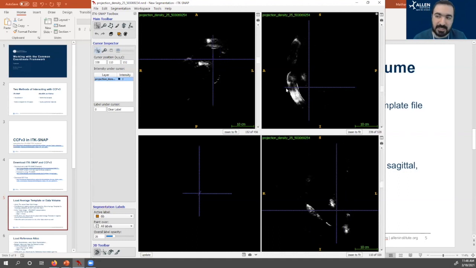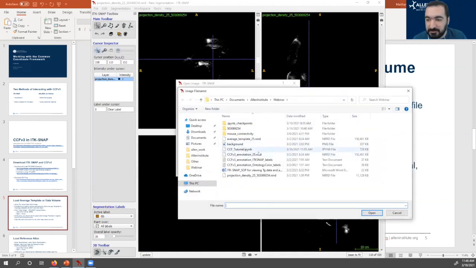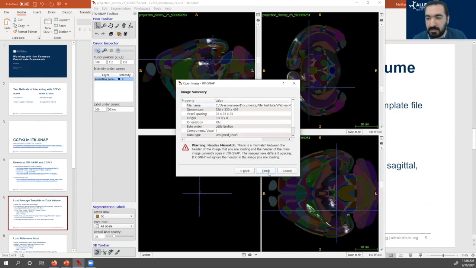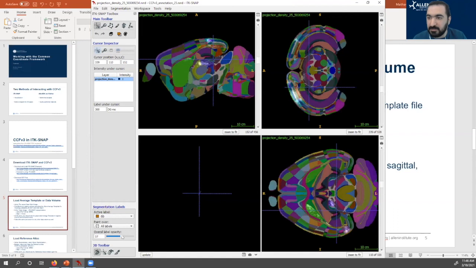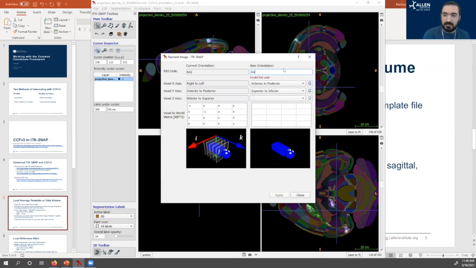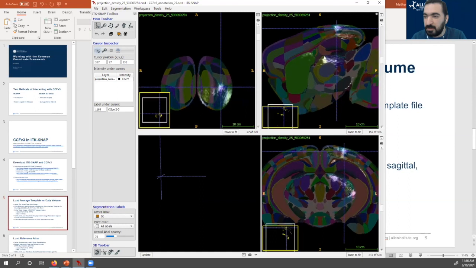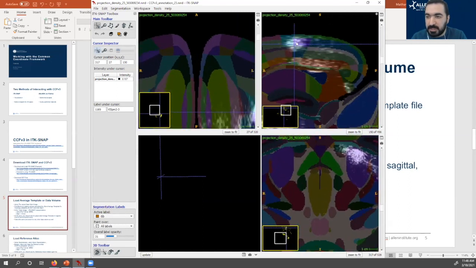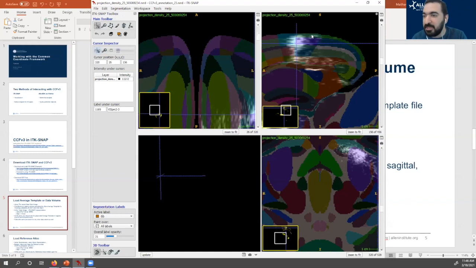You can kind of see that this has that same orientation problem that we had. If I open the segmentation on top of this, we now see, and we can adjust the opacity, and we can now see the brain. And of course, we're going to have to reorient the image here. And so now we can adjust the opacity if we want to see the atlas, if we want to see the signal, and we can look at where the signal is, and here it says the structure is in VISpm layer 2-3, and then we can follow